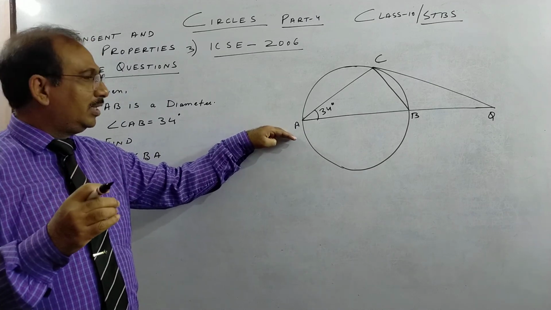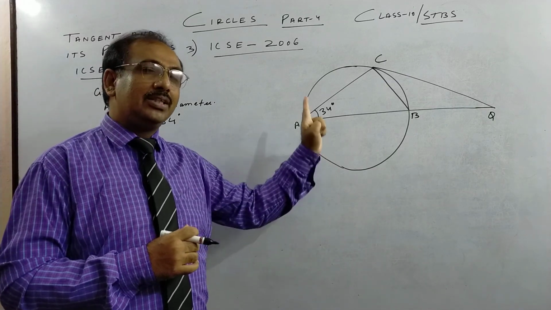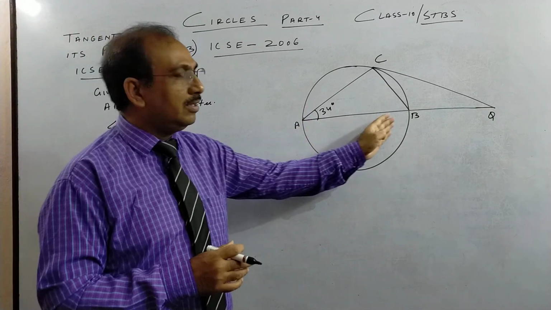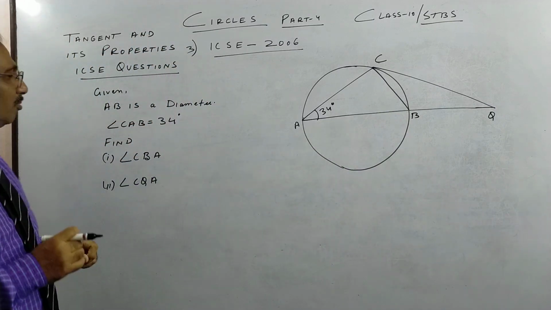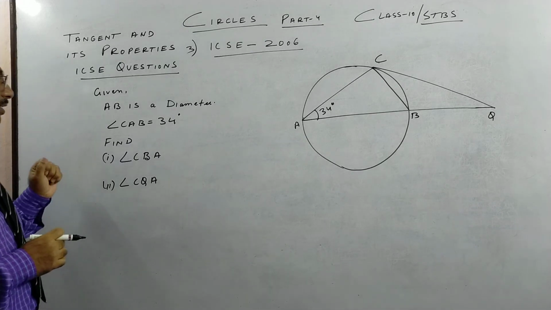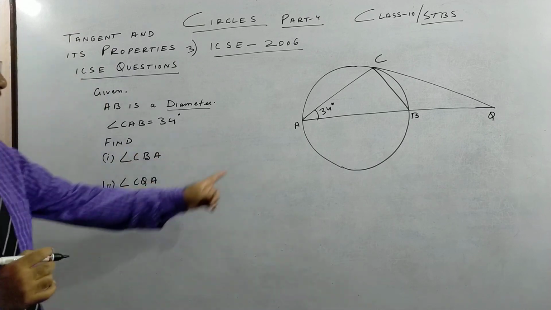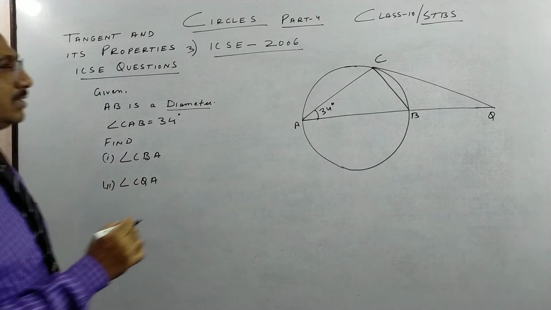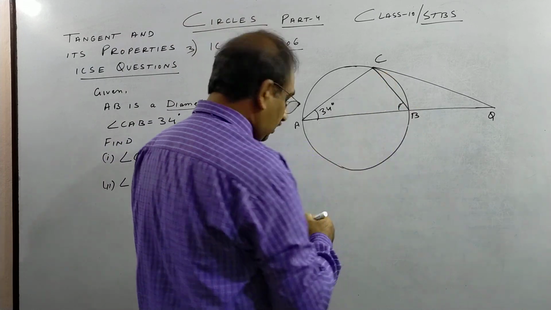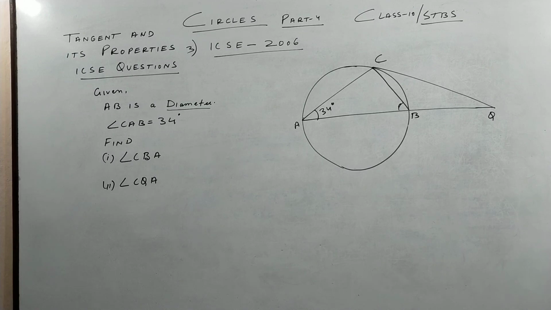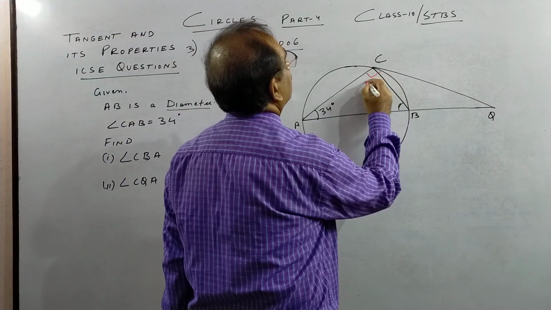So the main point over here is read the question very properly. Like the very first question I told you, many children assume that any line here passes through the center or is a diameter. The question has to be very specific about it. So here we go with the last question. So this is the diameter given, children. So CAB, this is given. Now CBA, see this angle CBA. Now here we use angle in a semicircle. Since it is a diameter, this is a semicircle. So angle in a semicircle is 90.